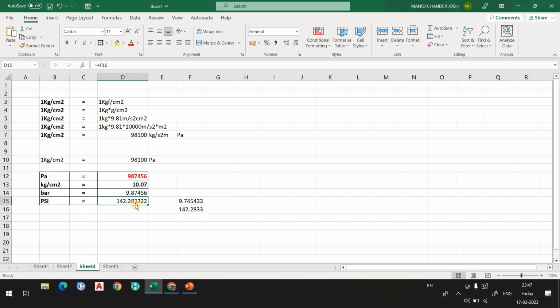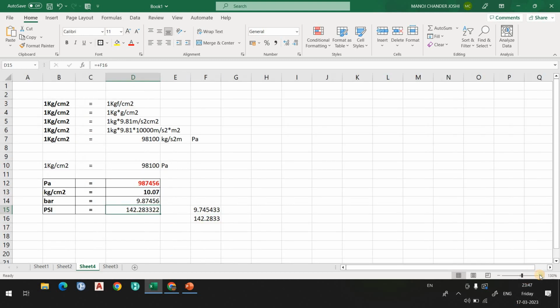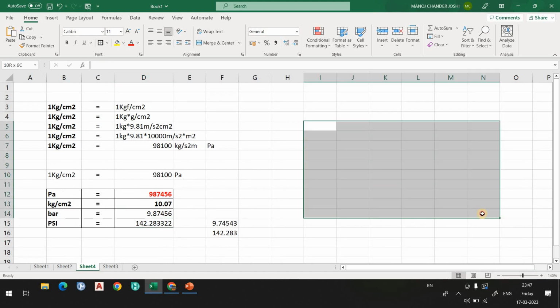So this value will be your PSI, meaning what you have done here is simply converted this Pascal into PSI. First of all you converted that value, the Pascal, into atmospheric. Then you know how to convert atmospheric into PSI, that you have done here. So simply this was the unit conversion. Okay guys, please make one Excel sheet here, the Excel formula sheet, so that you could grasp the unit conversion. Okay, these are the most important units which are mainly practiced in the plant, in engineering applications.